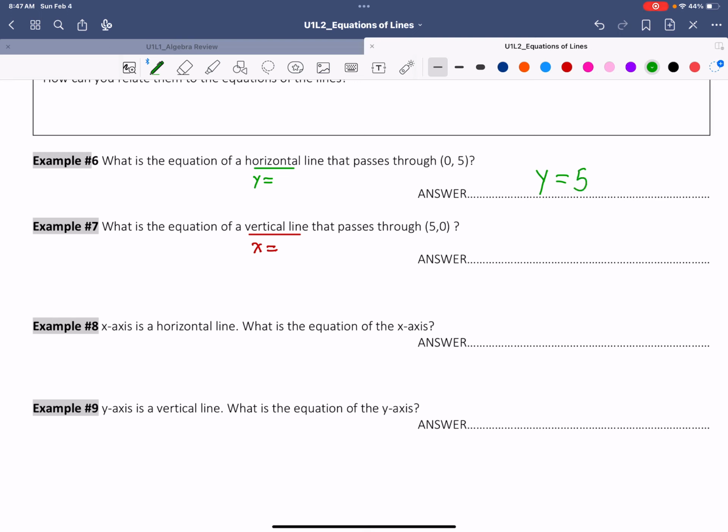It's a quicker way of getting the equation. If the line is vertical and passes through 5 and 0, it means that x equals 5 will be the equation. In the next example,